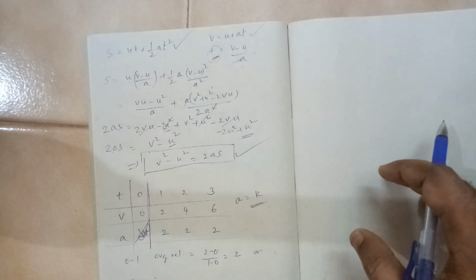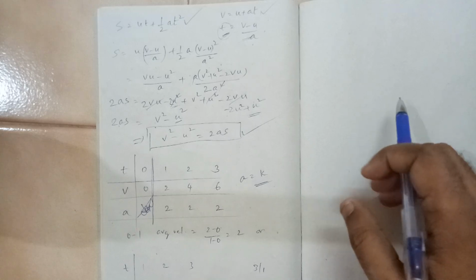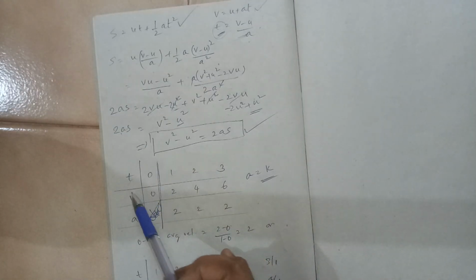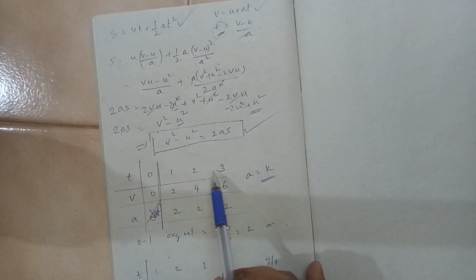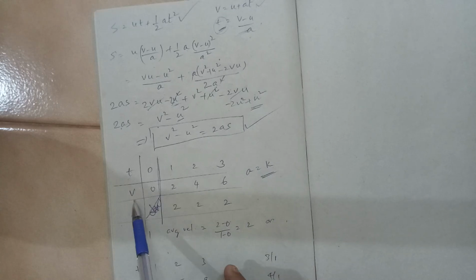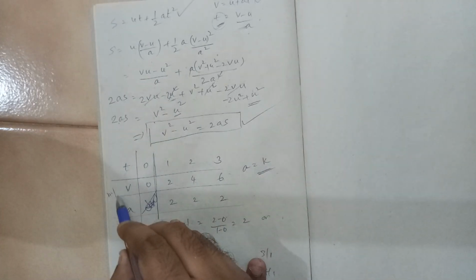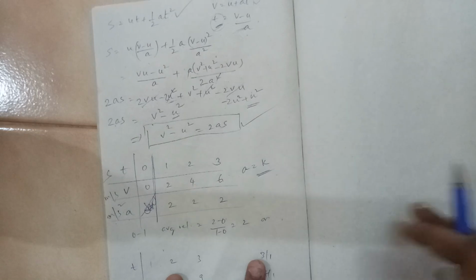Now, we often come across this term called constant acceleration. I am taking an example. Suppose you have data: time, velocity and acceleration. The time is in seconds, 1, 2, 3 seconds like that, and velocity also is changing, 2, 4, 6 like that. Velocity is in meter per second, acceleration is in meter per second square, and this is in seconds.